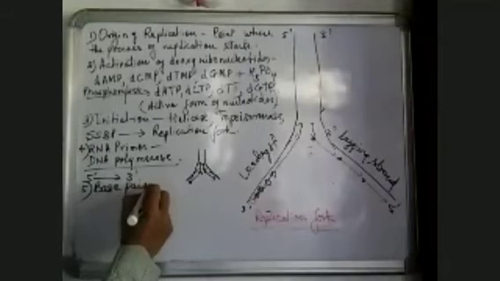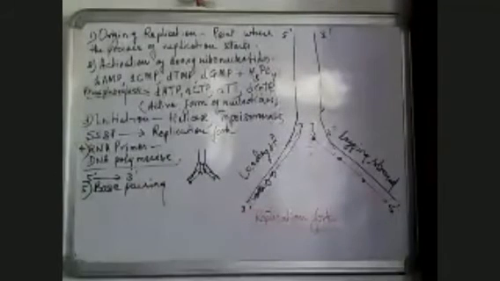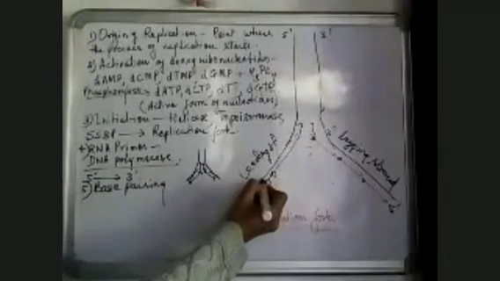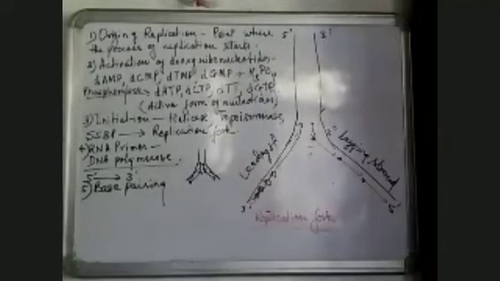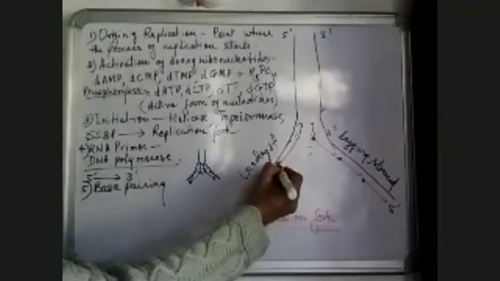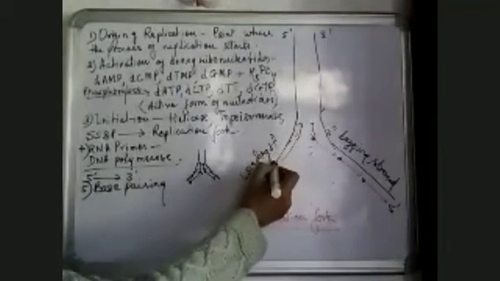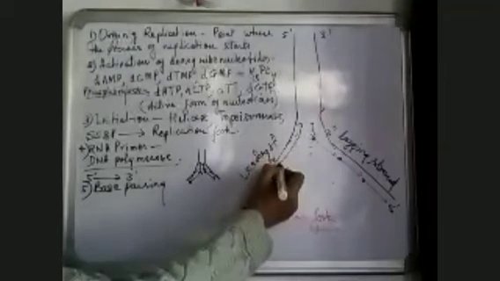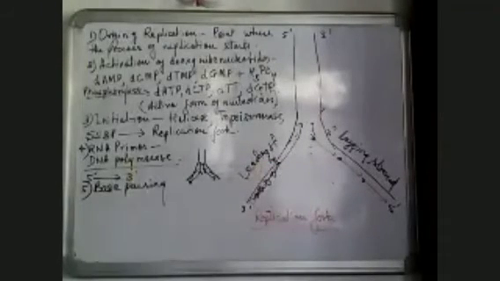How does the base pairing take place? When the new strand is formed, of course, the bases on the old strand and the new strand are to be bonded. They should come into bonding position. The compatible bases should come in front of each other. Suppose here we have A, then in the new strand it should be T. So this way the compatible bases come in front of each other during base pairing when the new strand is formed.